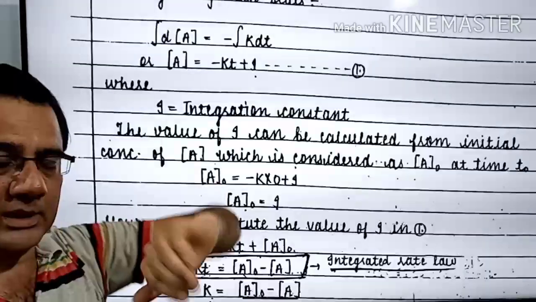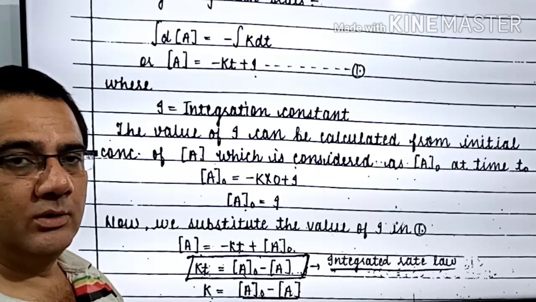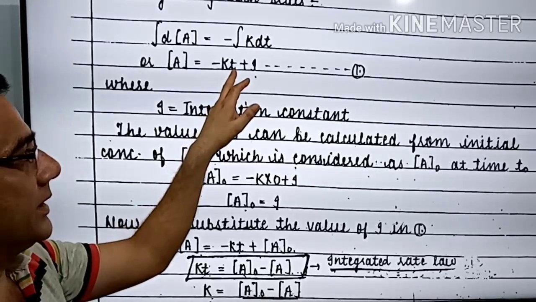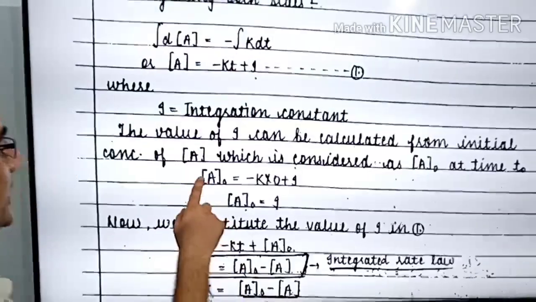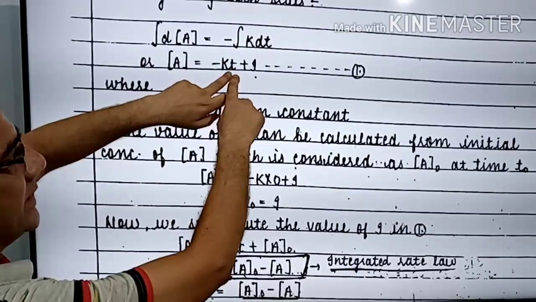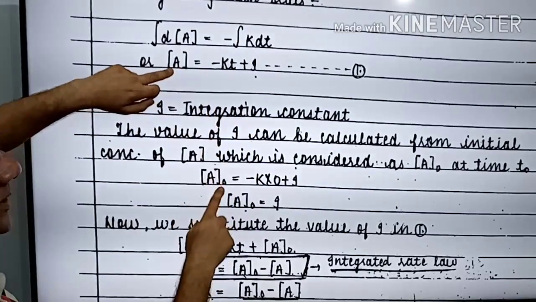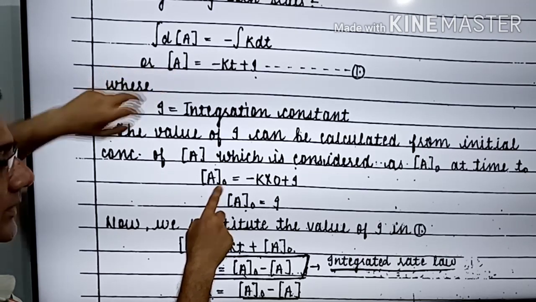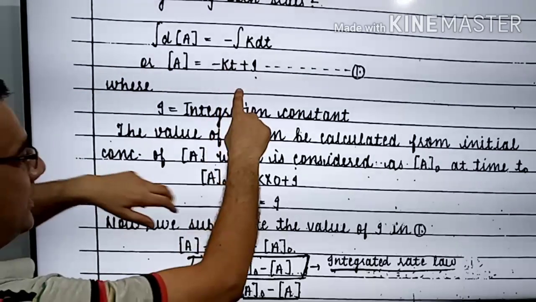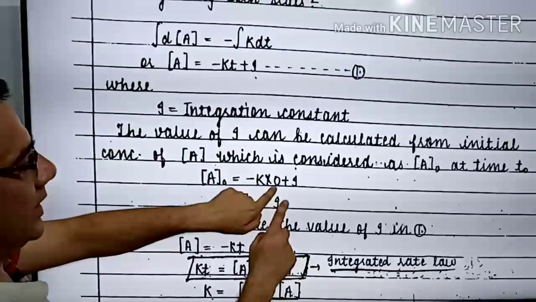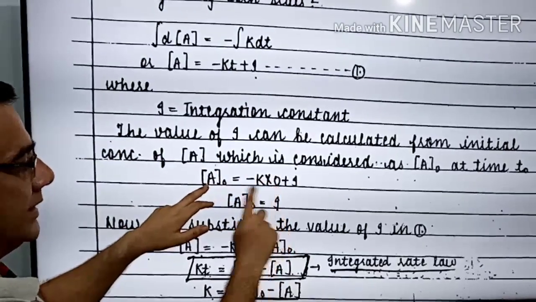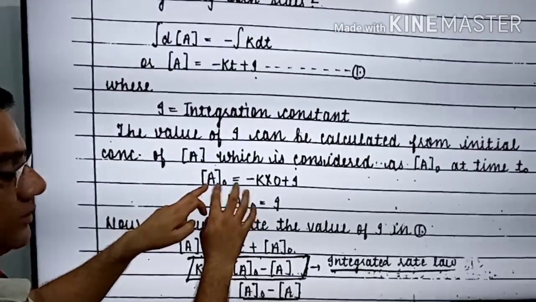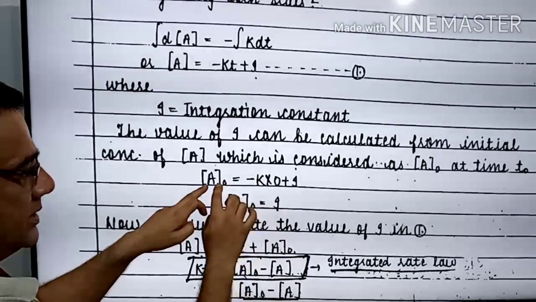Now we will consider the equation at time 0, when the reaction is not started at all. And when the reaction is not started, then time t that we take 0, and we write, see, when the time is taken 0, then this [A] becomes [A] initial. [A] initial means initial concentration of the reactant A. Again I am telling you, when time is taken 0, we always take initial concentration. This is the initial concentration [A], and on the lower right side we write 0, [A]0. So at time 0, this is [A] initial.